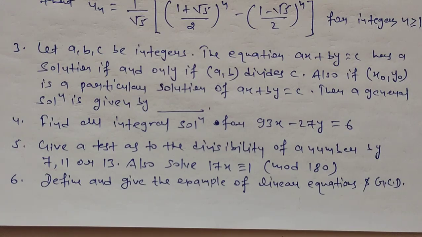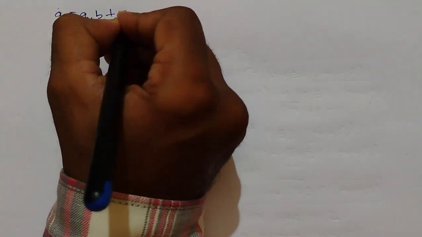So for this, we can start by writing the division algorithm, which is called the Euclidean algorithm, like here A is equal to Q1 B plus R1